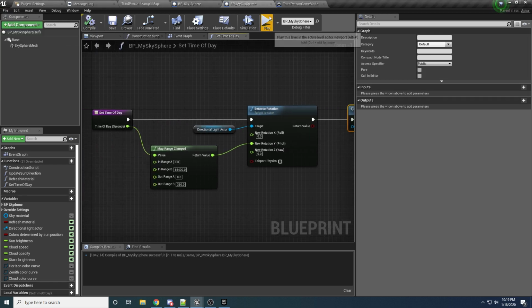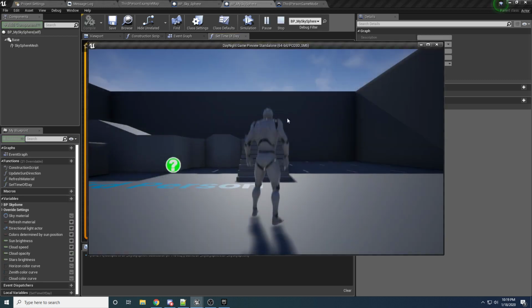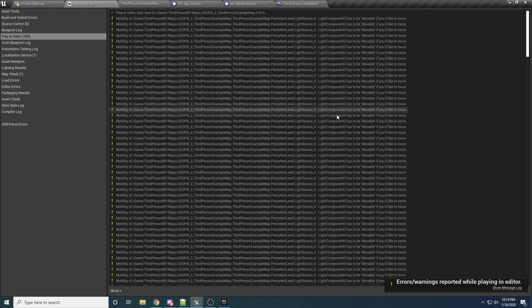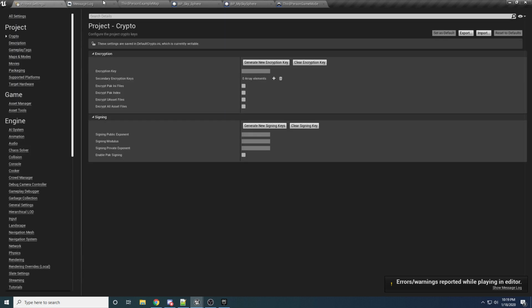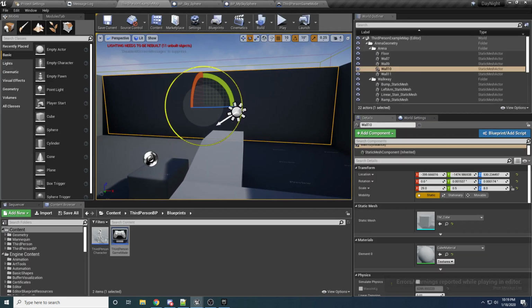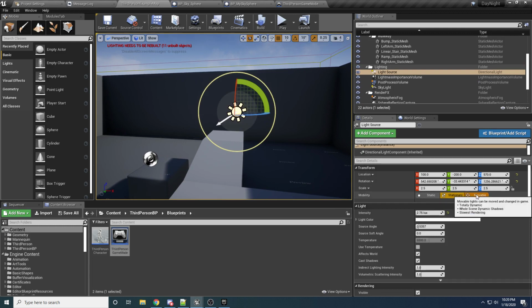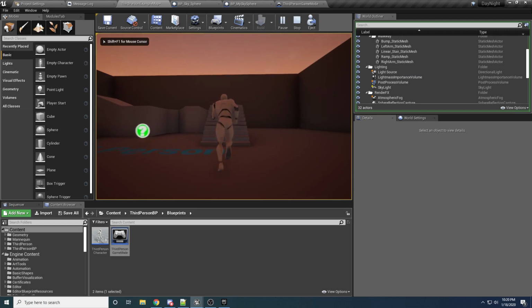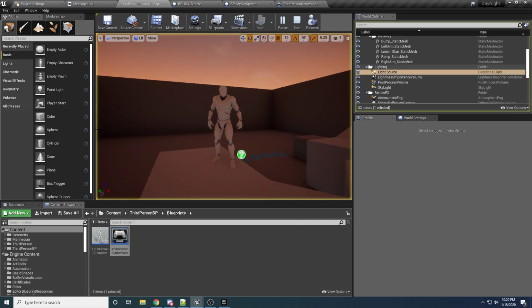All right, so if we go ahead and run this now, it actually won't quite work because we forgot to do one thing. And if we close it, it should yell at us. Yep. So it's very upset because it's saying, hey, you're trying to move the light, but the light is not set to movable. So we can fix that real easily just by clicking on our light source and setting it to movable. So now if we go ahead and run this, I'm going to press F8 so I can check